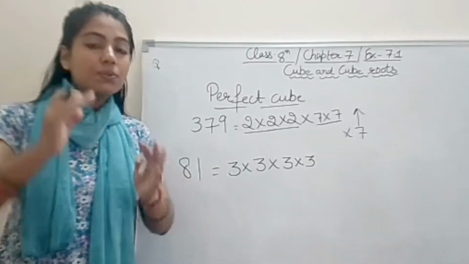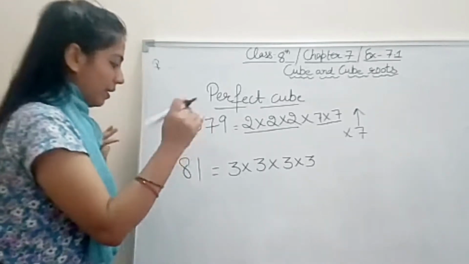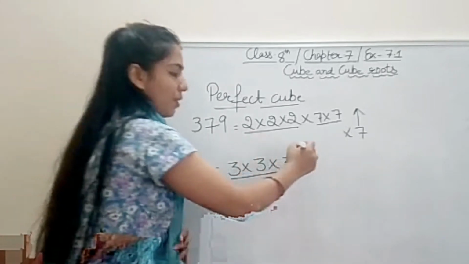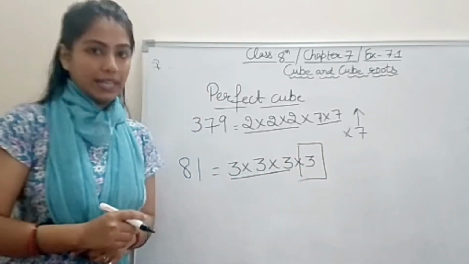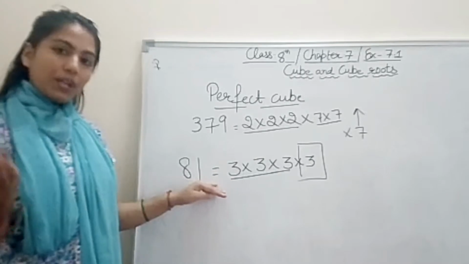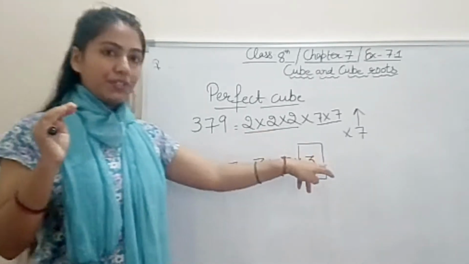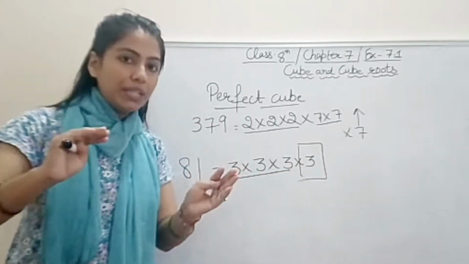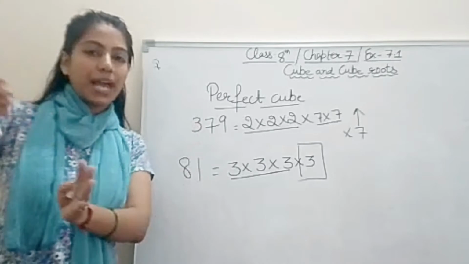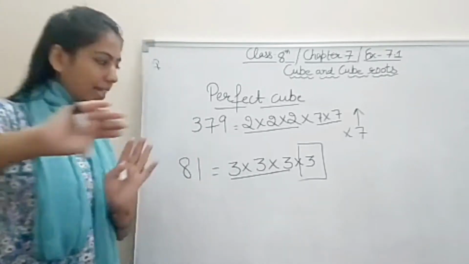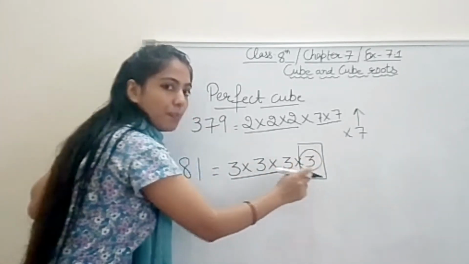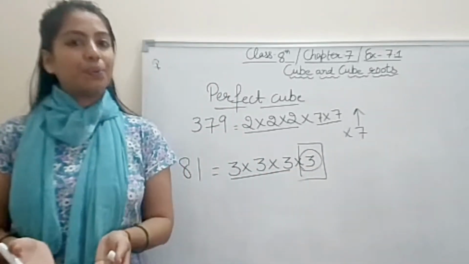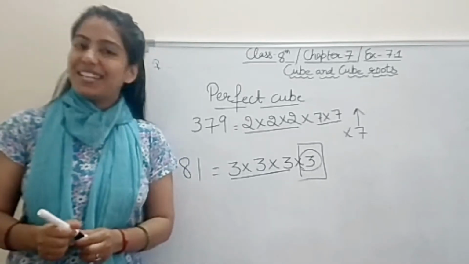Right? Now the question is what we need to divide. Okay, first of all, to make a perfect cube we need a group of 3, which is forming. What is extra over here? This 3 is extra. Right, if the question were what we need to multiply, then we would do 3 3s are 9 or something here, but the question is what we need to divide. Divide means subtract, means we have to remove. Okay, so this number 3 we need to divide 81 with to make it a perfect cube. That's it student, very simple.